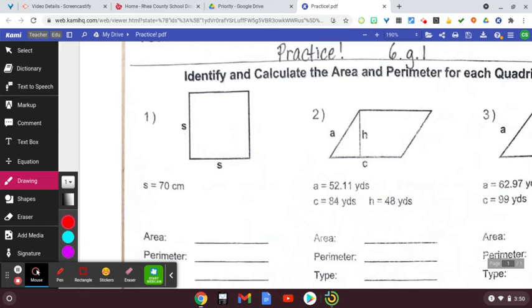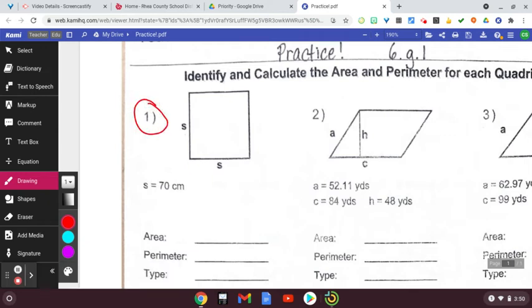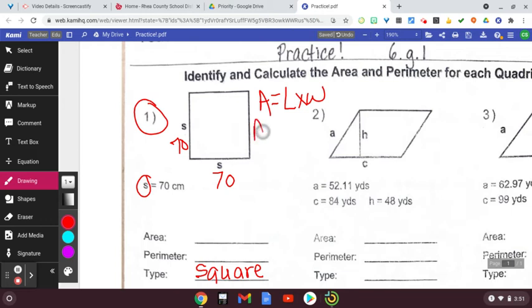So first of all, as you can see, number one, this shape right over here is a square. Right here where it says type, you're going to have to label this. A square is indicated that all the sides are the same. So if I take a look at S, this must be 70 and this must be 70. To find the area of a square, you can do two things. You can take its length times its width, which is the formula to find the area of a rectangle, or you can also use the formula S squared, which means you take your side and you square it. So to find out the area, we take 70 times 70, and our answer is going to be